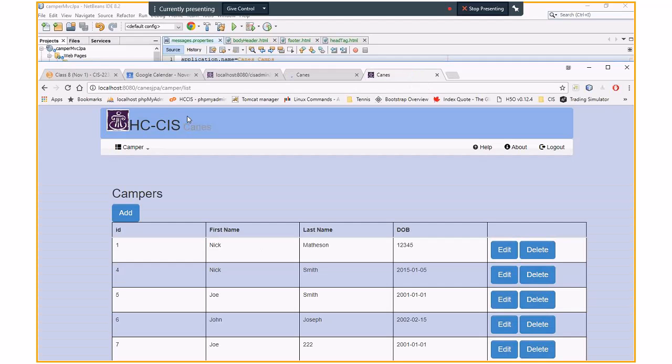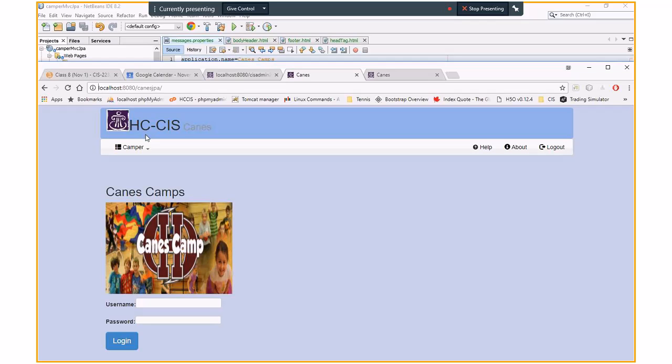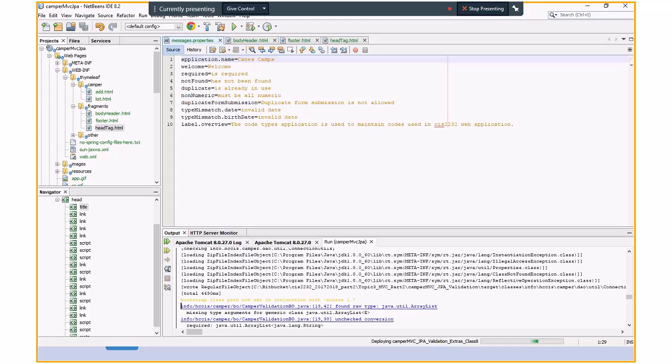Alright, so it shows up here with Canes. I think this is coming back. It's deploying. Alright, so if I rerun my program now, that I called it Canes Camps,